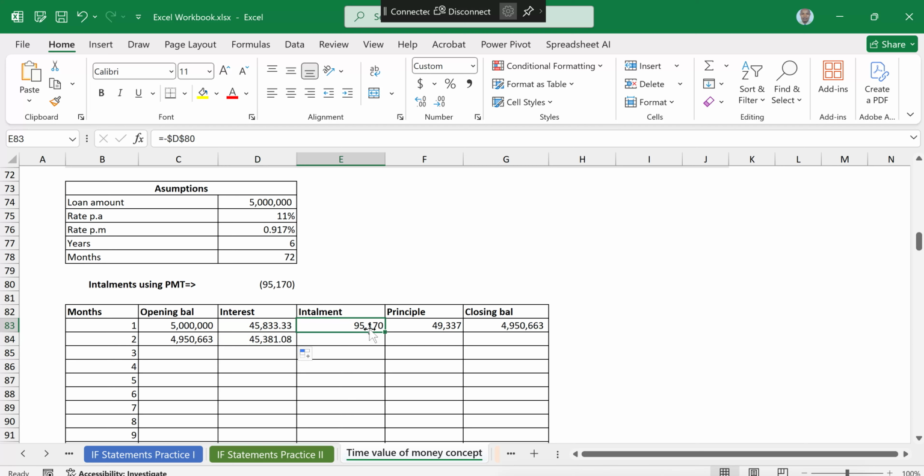For installment, also drag the installment to month 2. For principal, also drag to month 2. For closing balance, also drag to month 2 like that. That is all. Then finally,